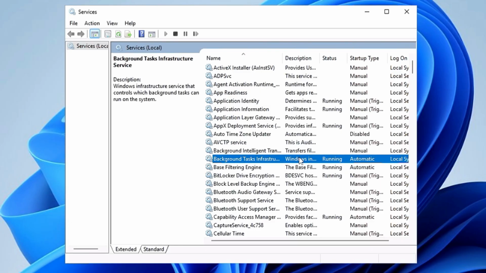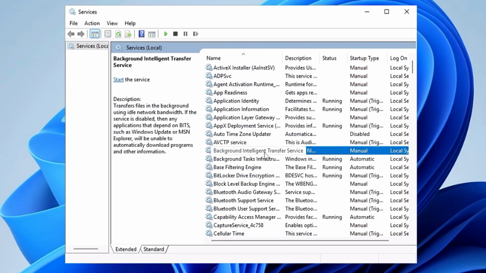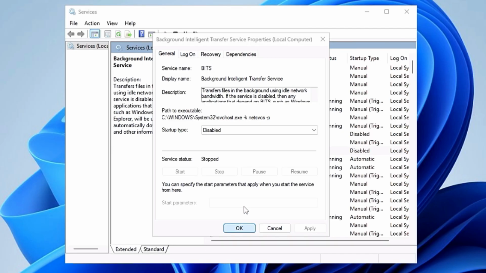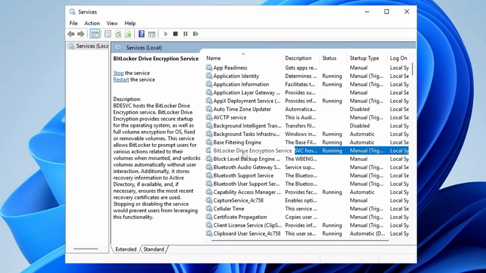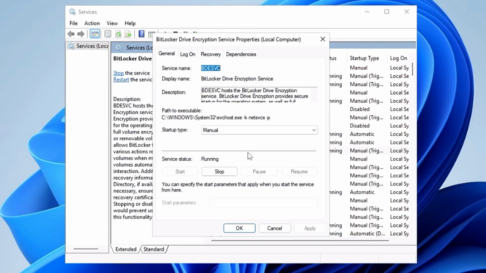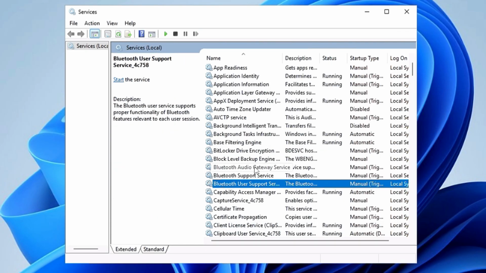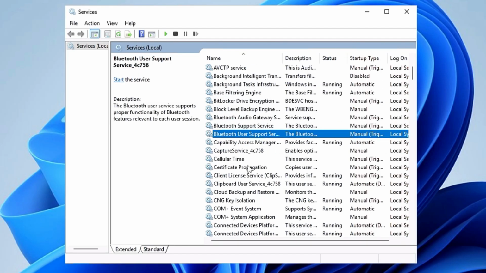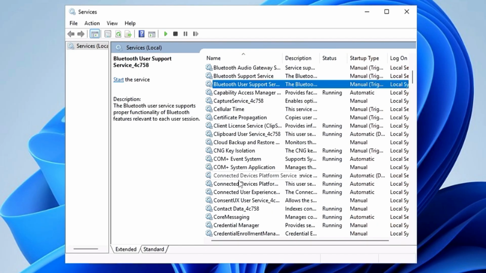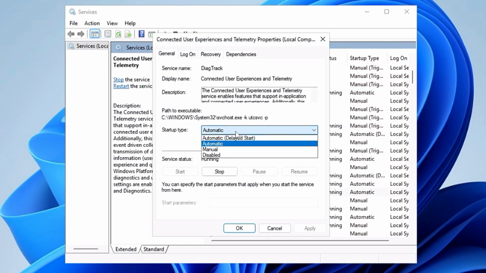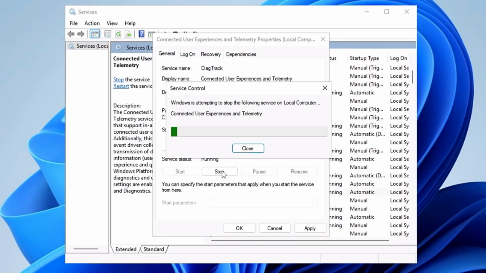A few of them that I would recommend is background intelligent transfer service, and in order to disable you need to make a double click on it. From the startup type you can choose it to manual or disable, and make sure the status has been stopped. Click on apply, click on OK. Next, if you are not using the BitLocker, then again click on BitLocker drive encryption, choose it to disable, click on stop and click on OK. Similarly, if you don't want to use the Bluetooth, you can disable the Bluetooth services. Then scroll down and you have to look for connected user experience telemetry. This one, again make a double click on it, choose it to disable, click on stop, click on apply and